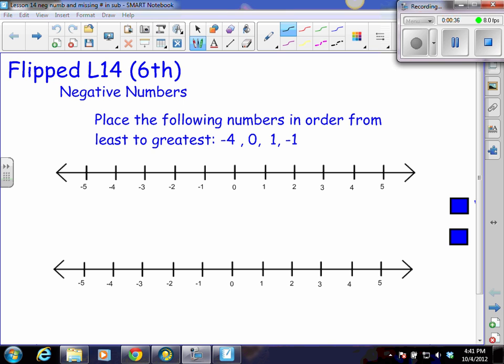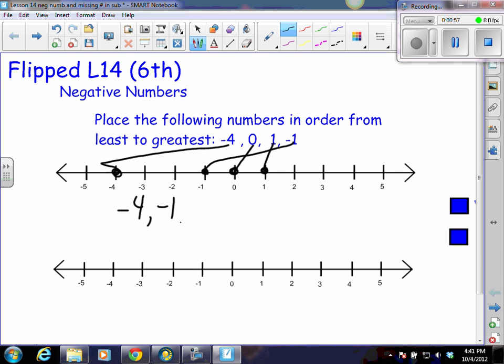And so we can take our number -4, and we're going to go right here. Our 0, of course, is right here. Our 1 is right here, while our -1 is right here. And by doing that, we can very easily see that -4 is our smallest number, and then we have -1,